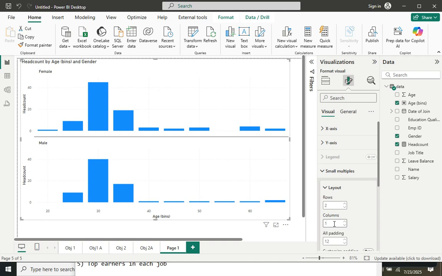Look at it. So I have the female up here and I have the male down here. So now with this, I can actually compare and say, okay, for this age range they are almost the same, not too far from each other, but we can see their age ranges. For female we are having a few numbers here, but for male we are not having any at this age range, just at a glance. Now if I come to this age range,